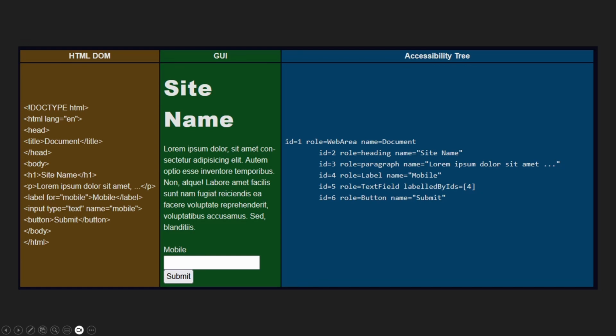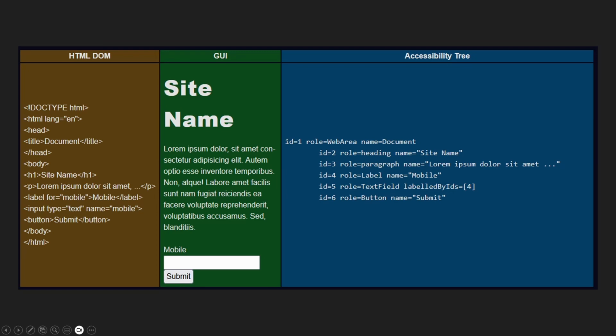We also have a form with a form input where you can put your mobile number. You can see that in the green column here, and a submit button. If you look at the yellow column, you can see all of that code and figure out which bit is which.